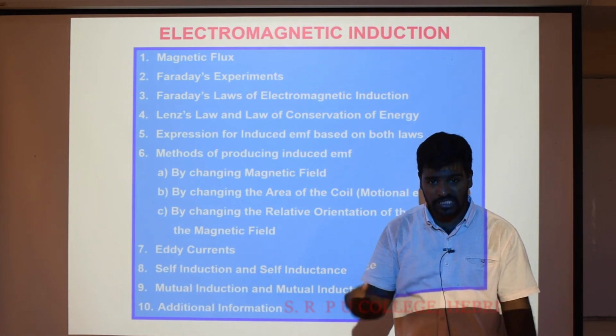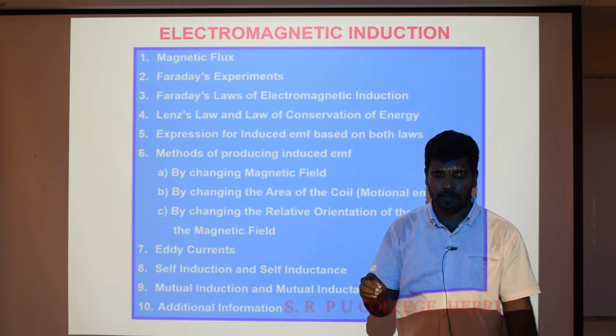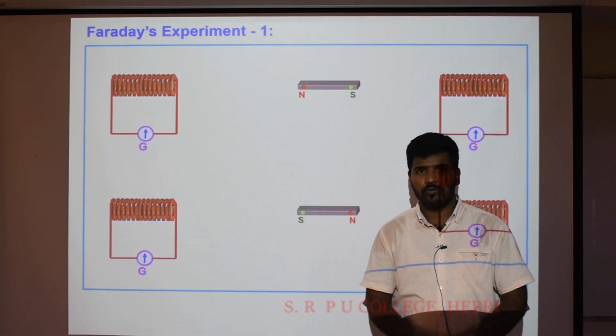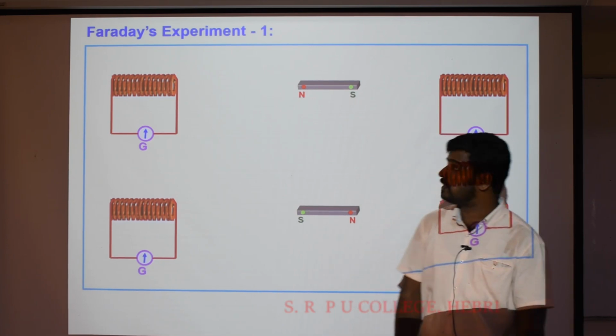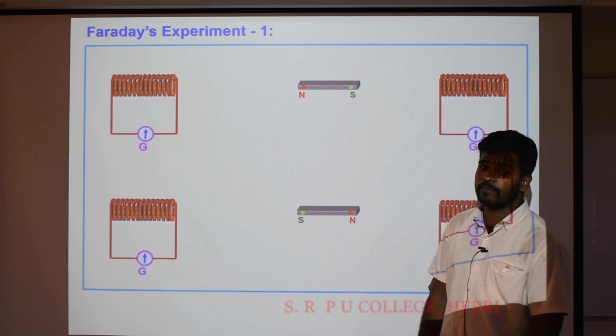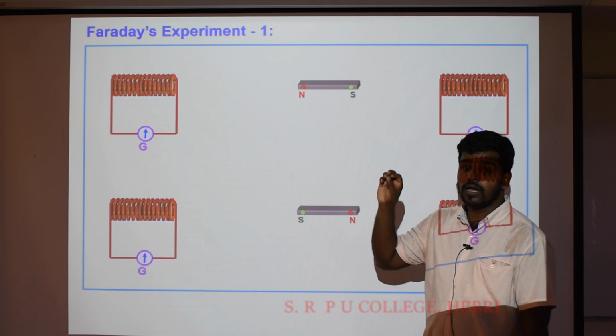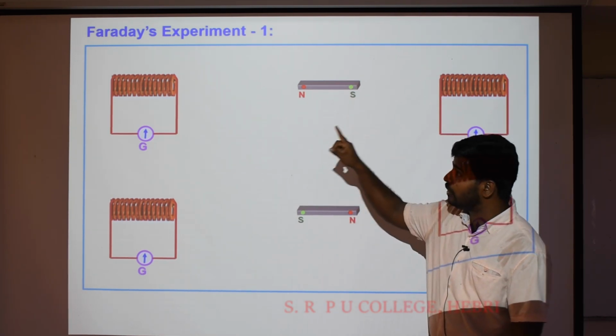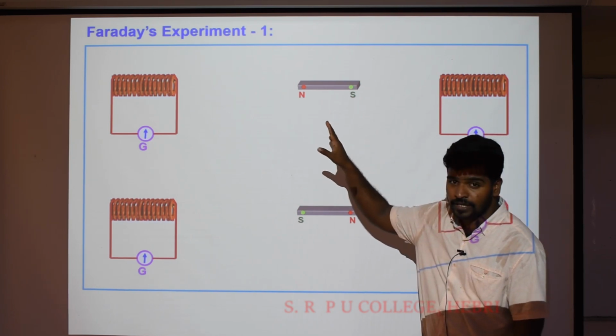Now we will see Faraday's experiment that is based on electromagnetic induction. Yes, now we will see Faraday's experiment that is based on electromagnetic induction. In that the first one, current induced by the magnet. What is the first one? Current induced by the magnet. We have not read the side heading, that you have to write.